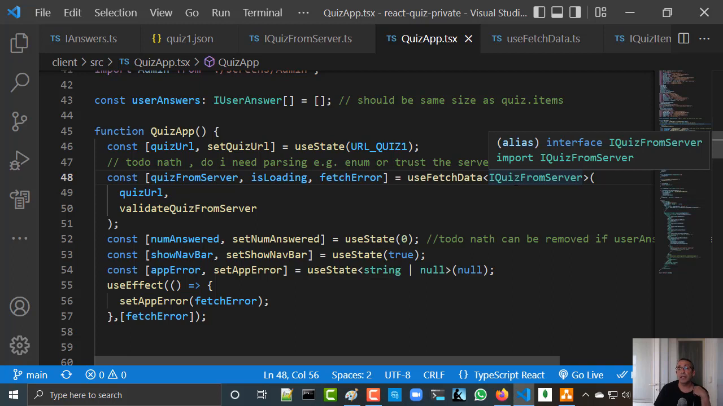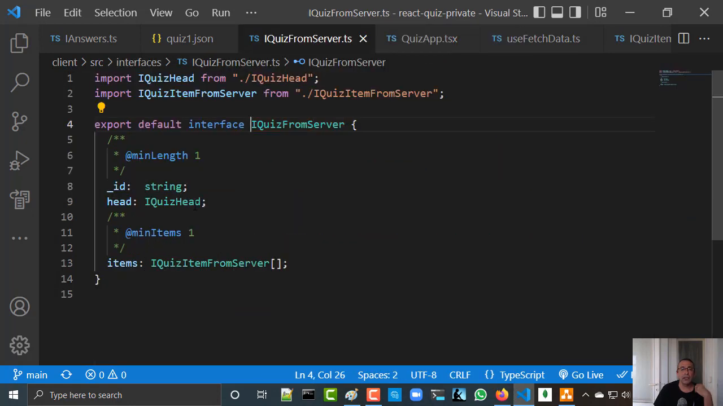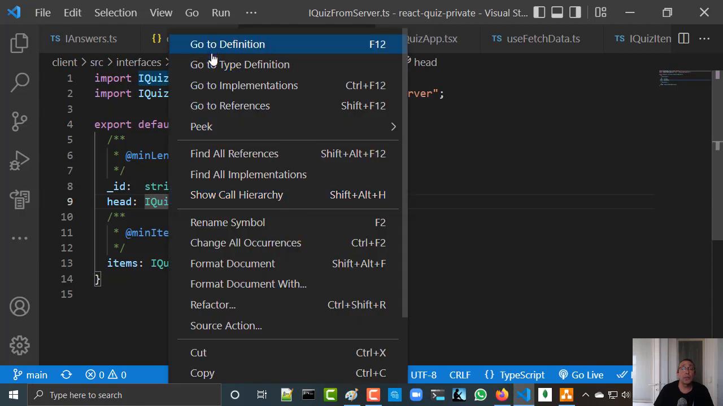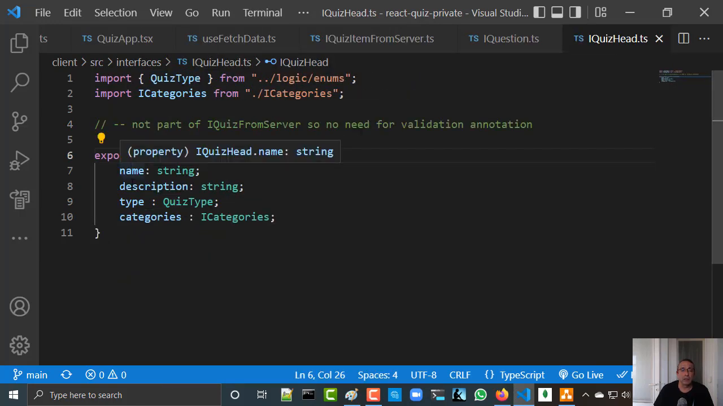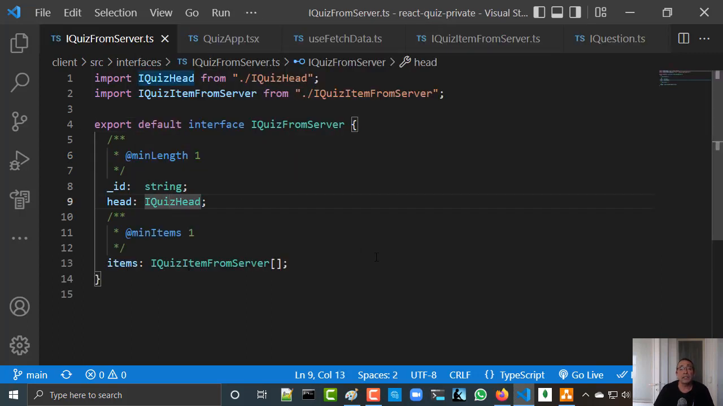So I want to validate that the information that I get here is really what I want. I want to see that I get ID, which is string, and I want to get a head, which has these properties. These properties is string, and this is an enum, and this is another interface. Okay, so it's quite complicated. Okay, so I have a validation